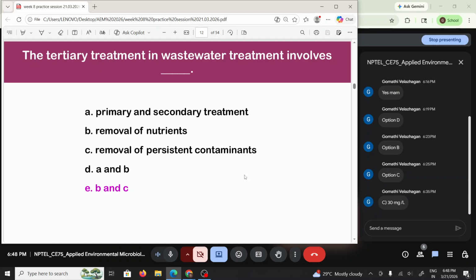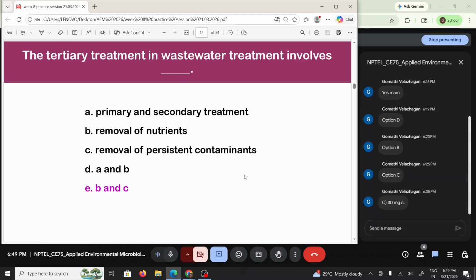So the answer for this question is both B and C. Ideally, when we talk about wastewater treatment, we have primary, secondary, and tertiary treatment. We also saw the physical, chemical, and biological treatments that we use, right? The primary treatment essentially involves only physical treatment, wherein you use screening chambers and grit chambers to remove all the suspended particles, and